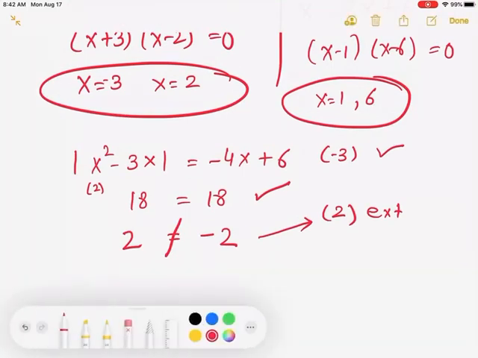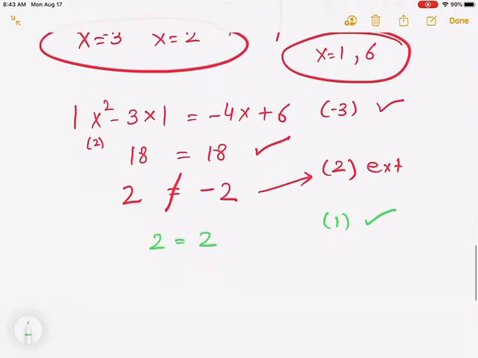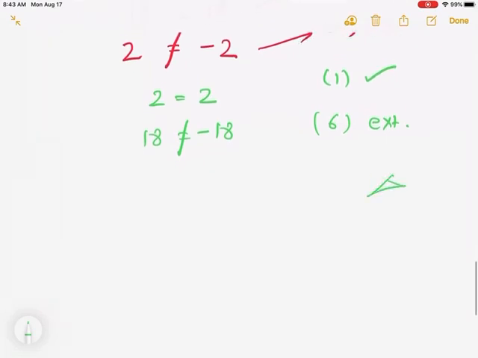I have 2 more to check. If I plug in 1, this side is 2 and that side is also 2. So yep, that works. And lastly, if I plug in 6, this side is 18, and if I look at the other side, that's negative 18, which is not true, so that's also extraneous. So you've got to check at the end. So that's all about my first section. For the next section, I'll make a different